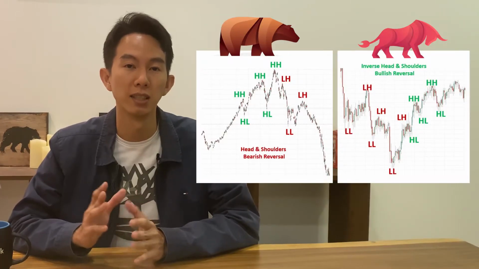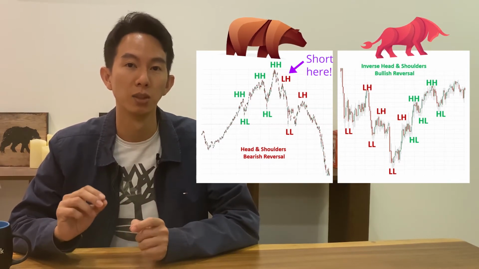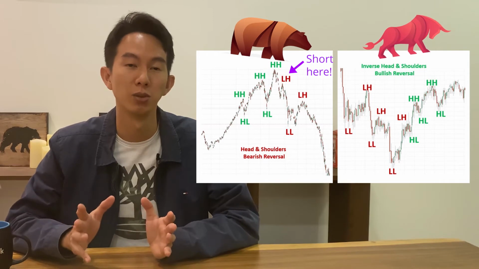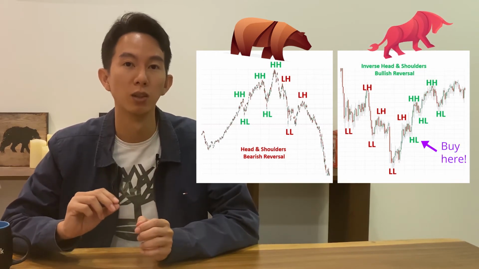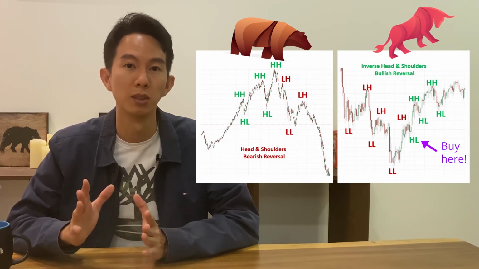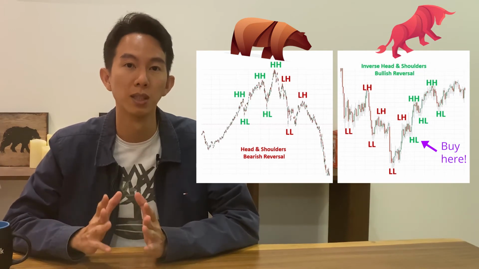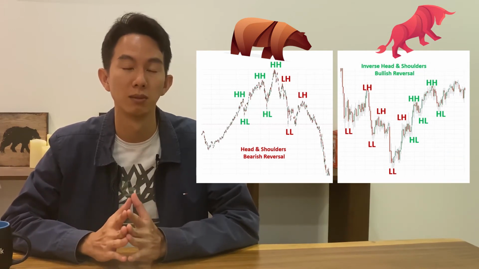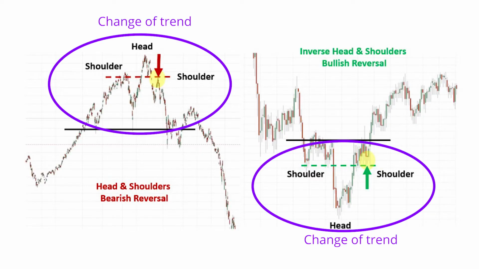The early entry takes advantage of this by shorting on the first lower high, which is the bearish head and shoulders reversal, or going long on the first higher low for the bullish inverse head and shoulders reversal. You can scroll up to the previous infographic, which is the entries in head and shoulders pattern, to observe where the color changes. In the examples above, we see a prior trend followed by the head and shoulders pattern, which attempts to change the direction of the trend.